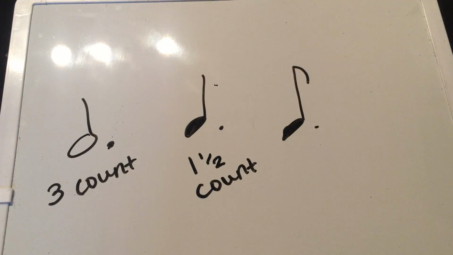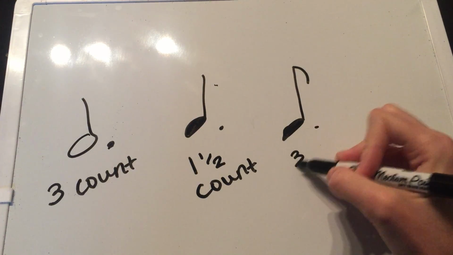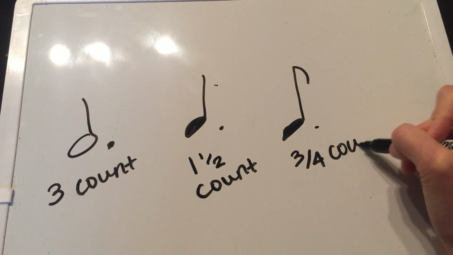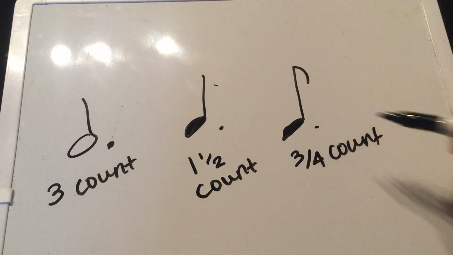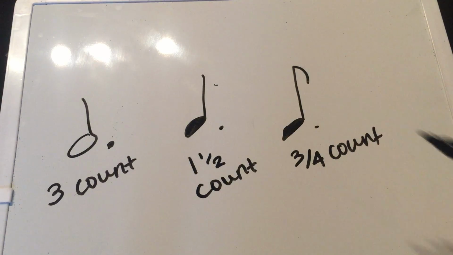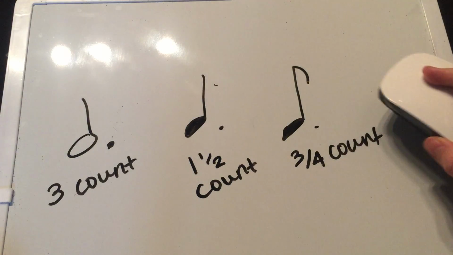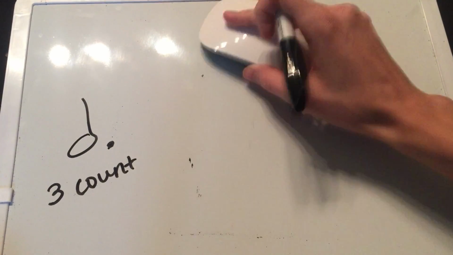And then this one is going to be worth 3/4 of a count, because it will be a half count plus a fourth, which would be half of a half. So kind of confusing, but it makes a lot of sense when you get used to it. So if we were to have